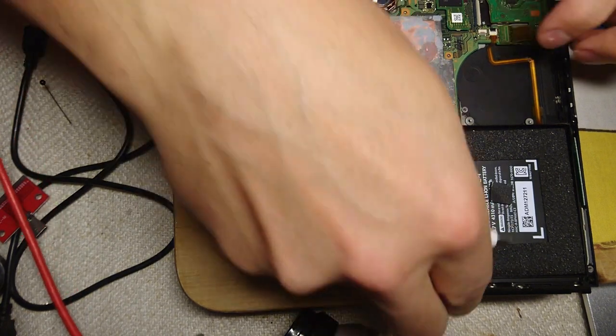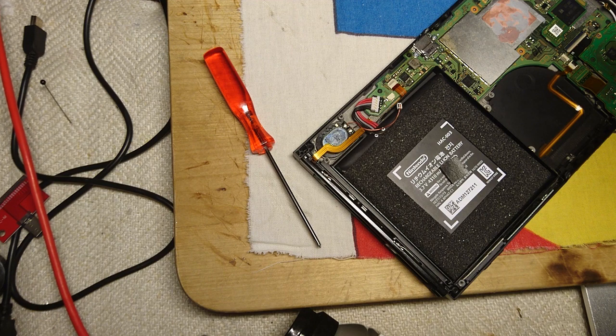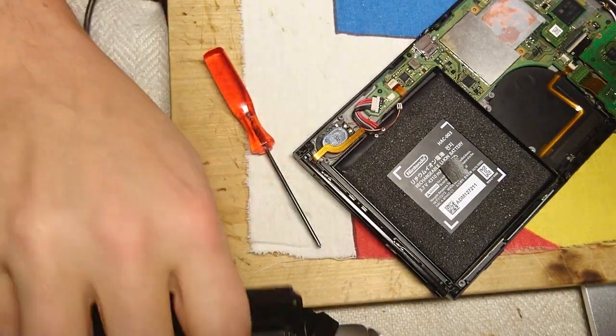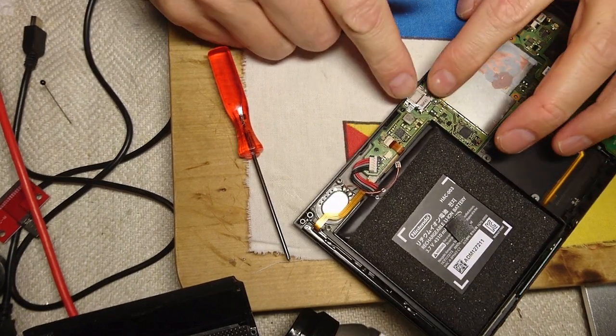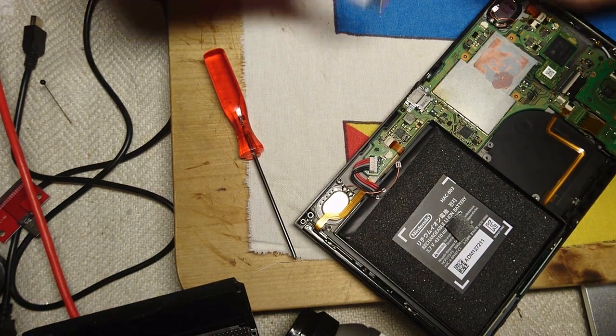Okay, so this is an update for number 17. The switch number 17 that had the faulty port, and now I screwed it in place. I have not soldered anything, and